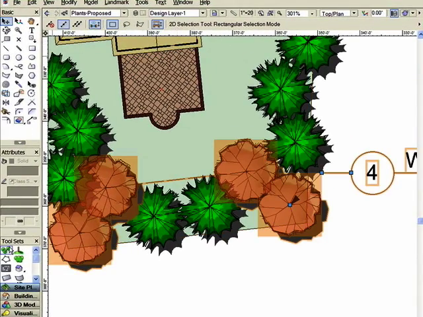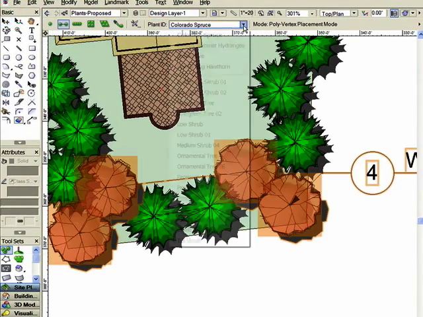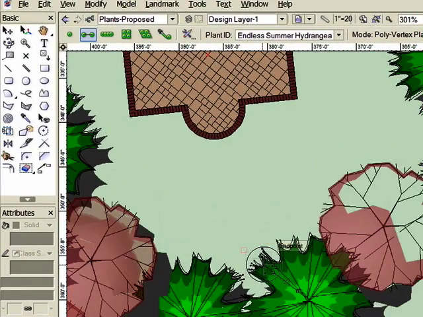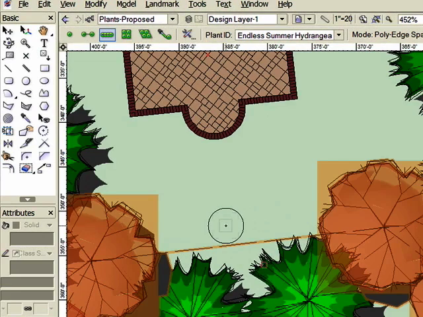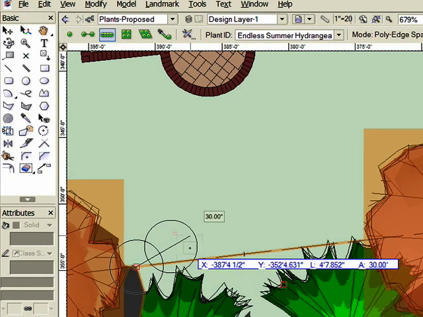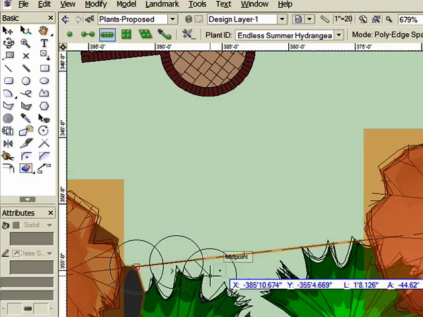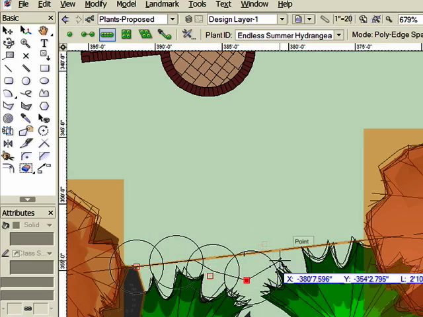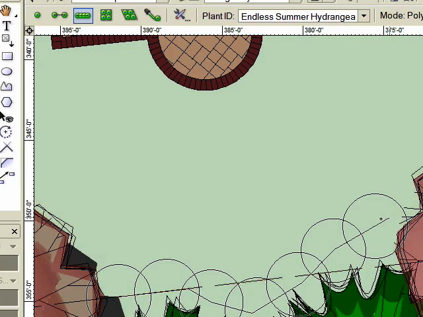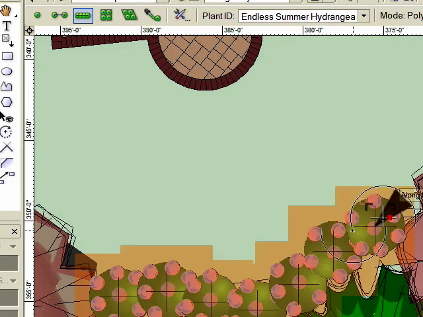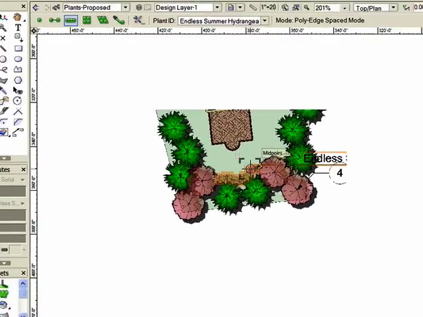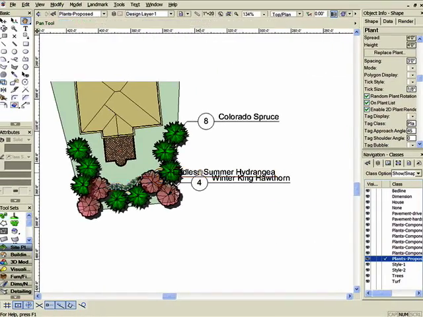The next placing of plants that I want to do is actually going to be some perennials, so I'm going to place some hydrangeas in through here. And actually in this one I'm going to use kind of an equally spaced mode, but I'm going to do this in a way that they're not necessarily going to be in a straight line. Maybe I'll bend it in a little bit as the bed undulates. But notice that they do actually carry on the same spacing mode. In this case, I've got all of them placed, and I've got a number that's showing up, 7 of these hydrangeas being placed,